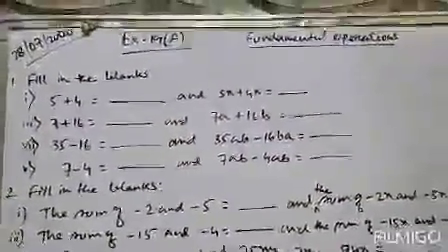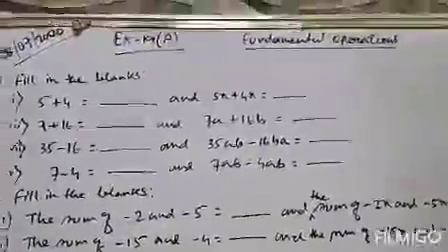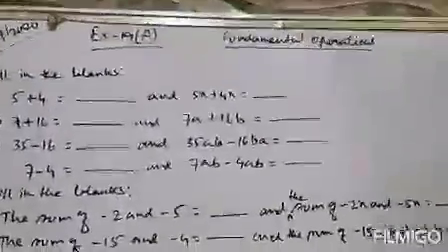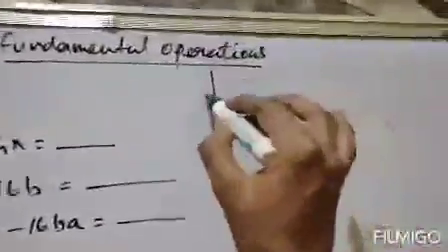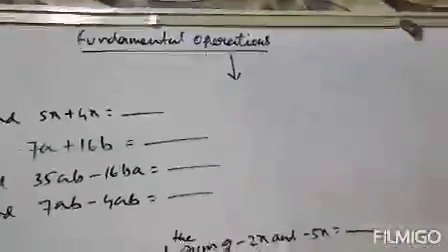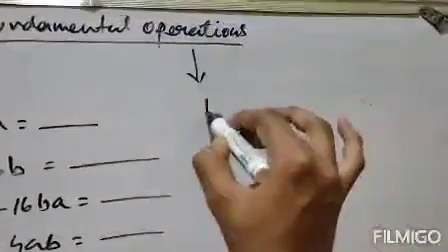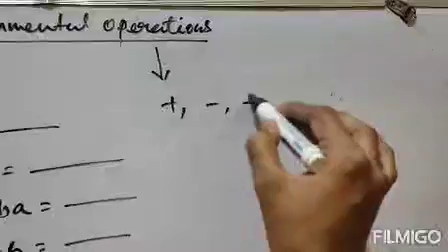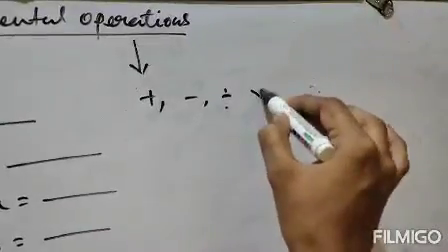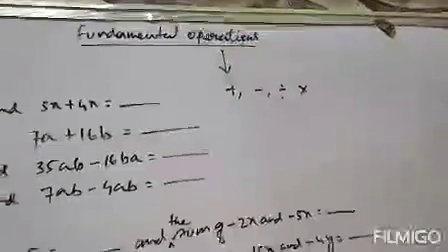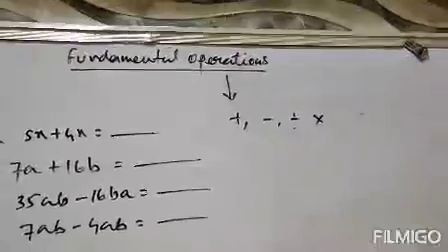Today's discussion will be on a new chapter, that is fundamental operations. Operations means there are a total of 4 operations: one is addition, one subtraction, one is division, and another one is multiplication. So altogether there are 4 mathematical operations. So we will discuss their